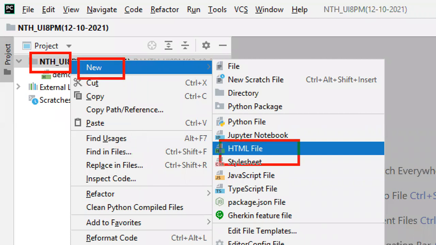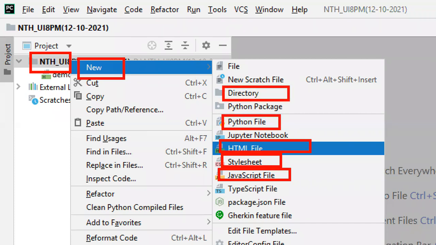I want to create HTML. If you want to create a CSS file, a JavaScript file, a Python file, or folders, all are there, guys. Whatever file we want, we can create. TypeScript is there, normal text files, Python packages, different things depending on requirement.